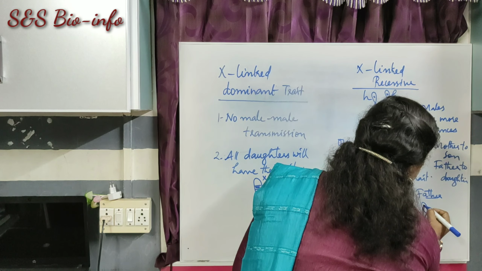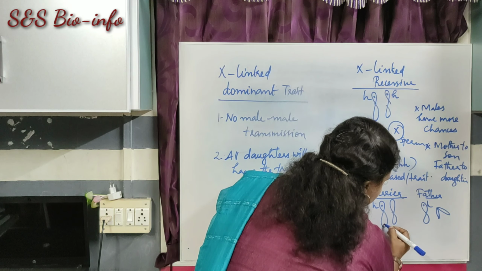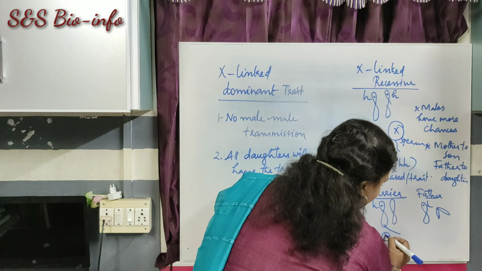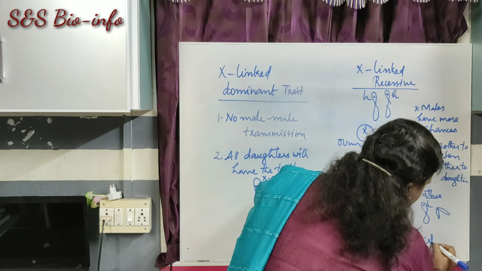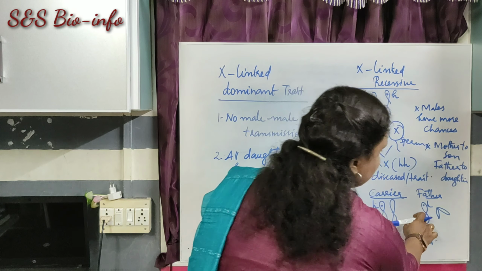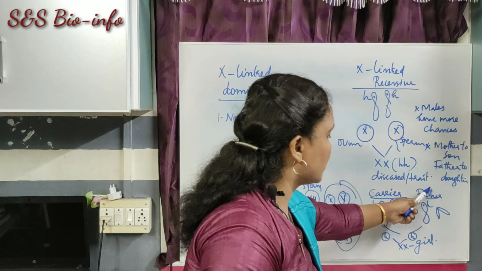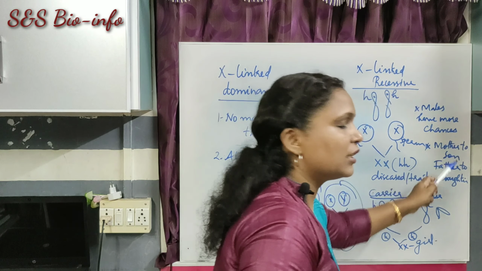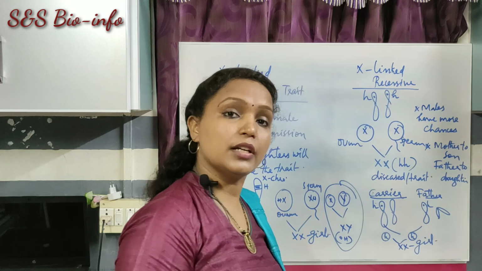Next one is the Y chromosome. In this case, if the X chromosome of the ovum with this single recessive allele is fused with another X carrying sperm with the recessive allele, the child will be a girl and the child will have the recessive trait or disorder. That means father to daughter, mother to son. So these are the two clues that can be used to identify whether the trait is X-linked recessive or not. Then the last one is Y-linked diseases.